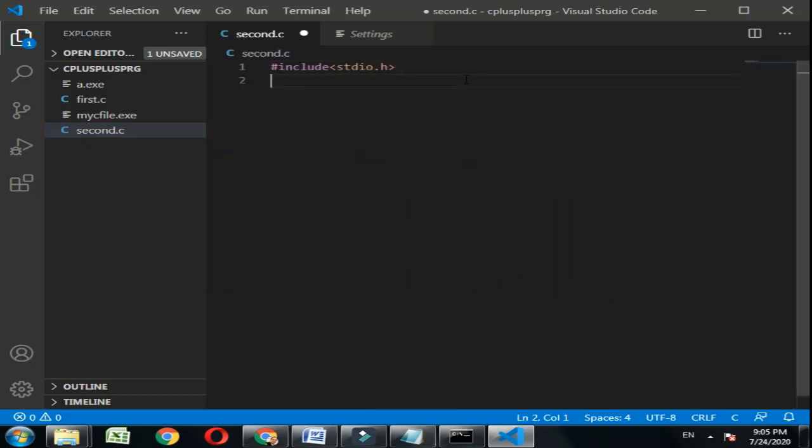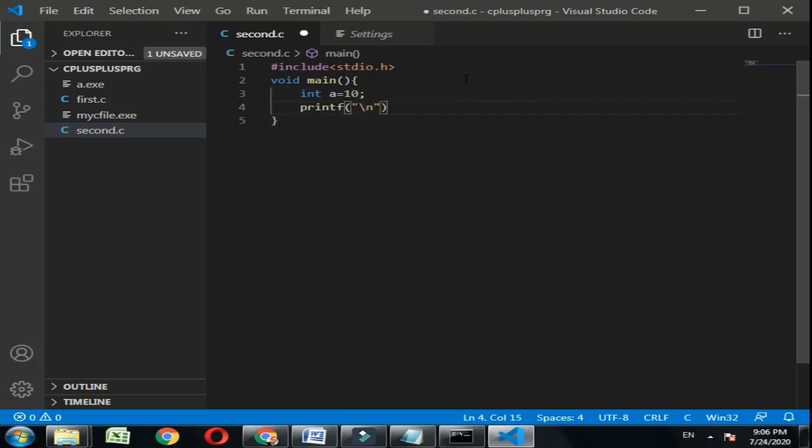Now void main. As we type a single parenthesis, it is automatically closing that parenthesis. If I write curly braces, it is closing them automatically. So that is autocomplete. Okay, now we write our small program: we declare one integer variable a, assign 10 to it, and try to print it with the help of our printf function.